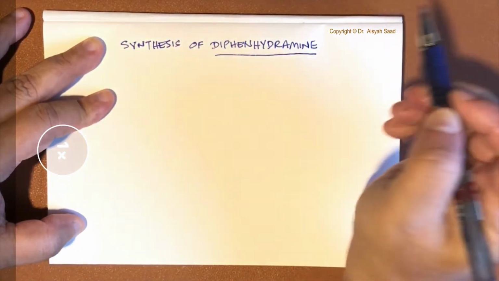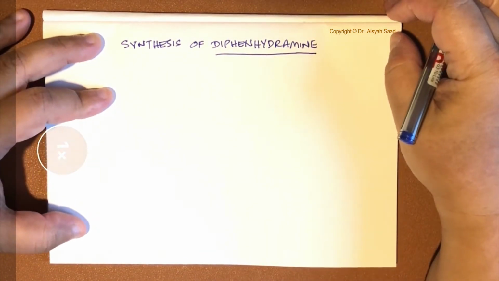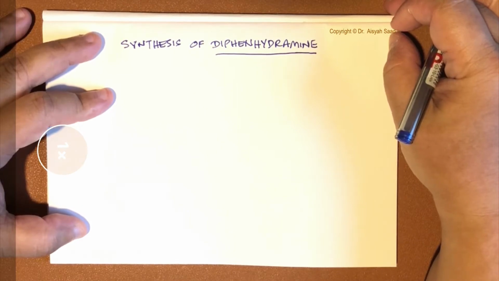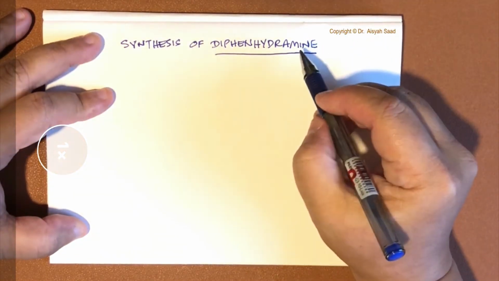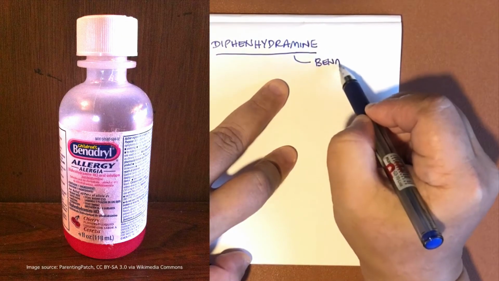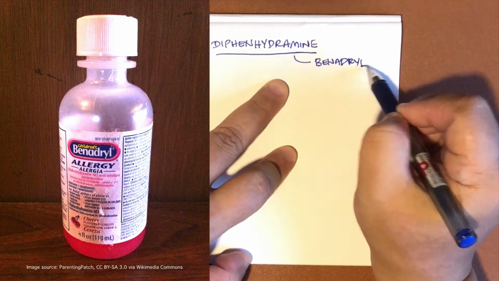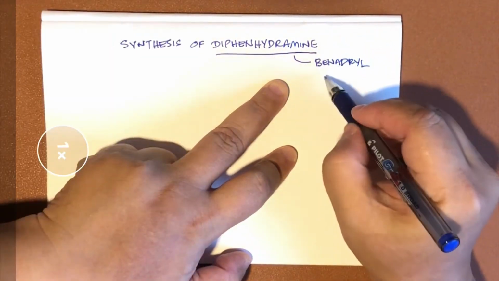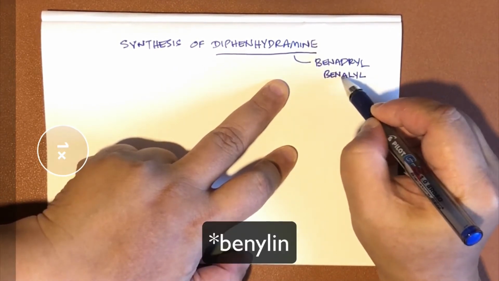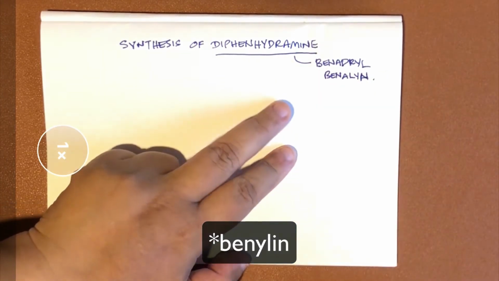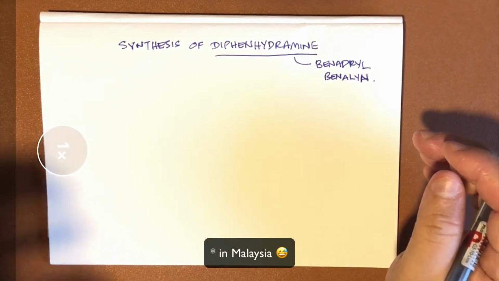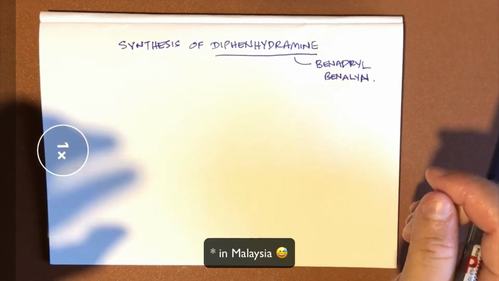Diphenhydramine, I'm sure when we were young, or perhaps even during our adult life as well, we probably take this drug. Sometimes it's called Benadryl as a cough syrup, or another name is Benylin, if I'm not mistaken. Usually people will just call it the black cough syrup,